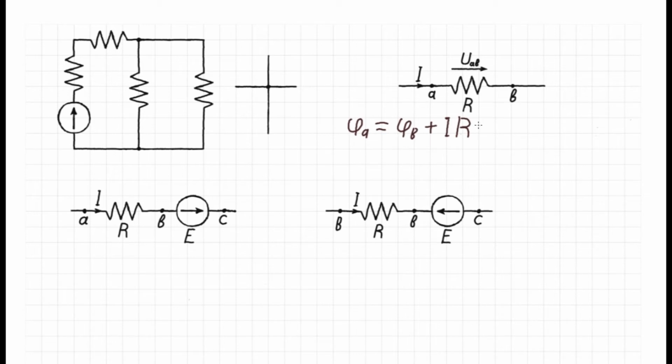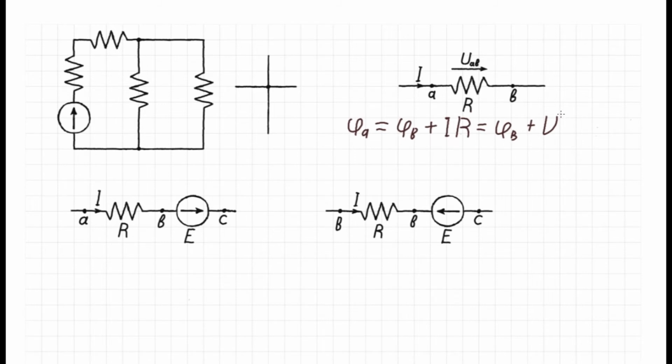It equals potential at point B plus the voltage or falling of voltage between points A and B,